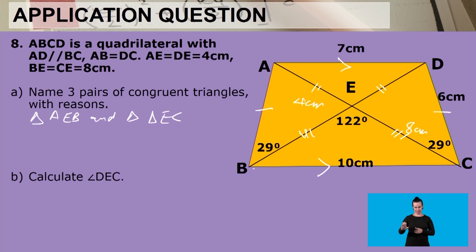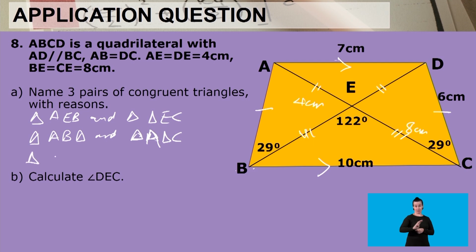The next pair that is also congruent is triangle ABD and triangle ADC. That's the next pair. And the other pair of triangles that are congruent is